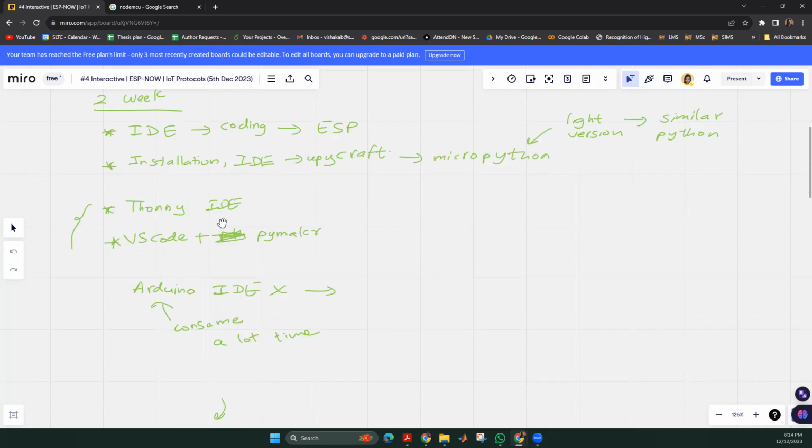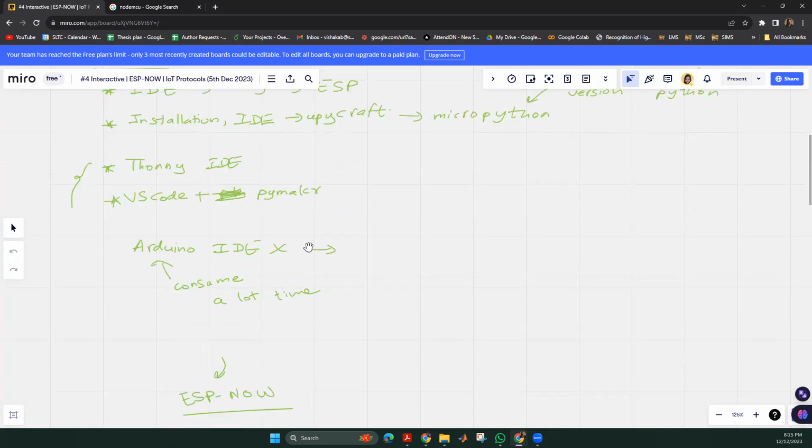So apart from that, there are other IDEs that you can use. So although I told you to install UPyCraft, you can also use Thonny IDE, VS Code, PyMaker IDEs, and those IDEs are also possible for you to install in your computer.